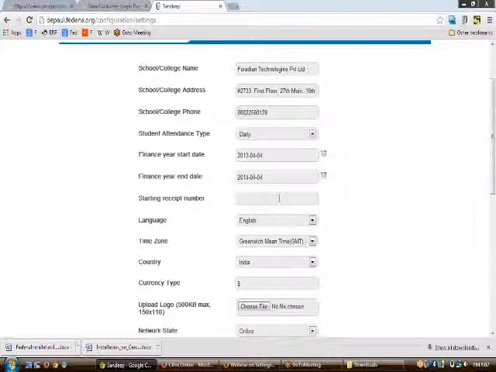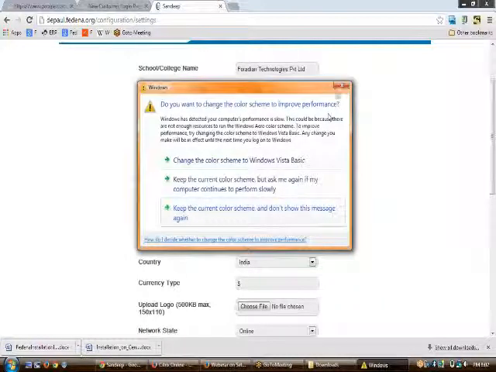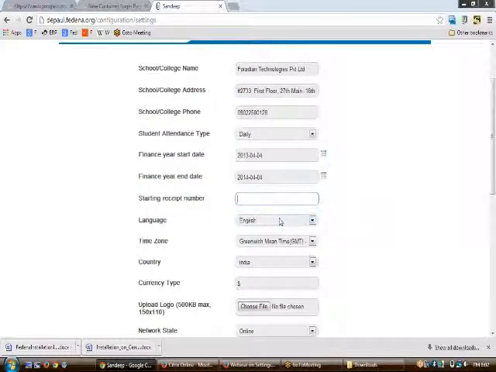Then comes the starting receipt number. Here we need to enter the receipt number of the first receipt that will be generated from the application. Normally, from the application Fedina, we are able to generate a number of receipts, like the fee receipt, or the receipt when someone donates. So we need to enter the receipt number, and the rest of the receipt numbers will be the auto-incremented value of the one that you enter here.